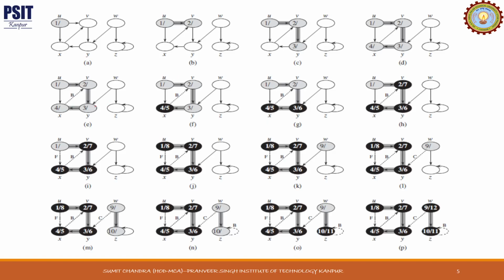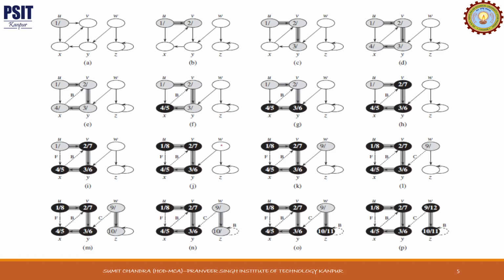This is also a backward edge because in the path you can see that descendant is connected to ancestor. So finish time 5. Now we'll backtrack. No neighbors of Y are yet to be explored, it is complete. So again we'll allocate a finish time of 6 and its color will become black. Then we'll go to V, no neighbors left, so finish time 7, color black. Then we go to U, no neighbors left, so finish time 8, color black. So this path we have done, and this is a forward edge. If you can see, the path is U, V, Y, X. So U to V is a forward edge, ancestor to descendant.